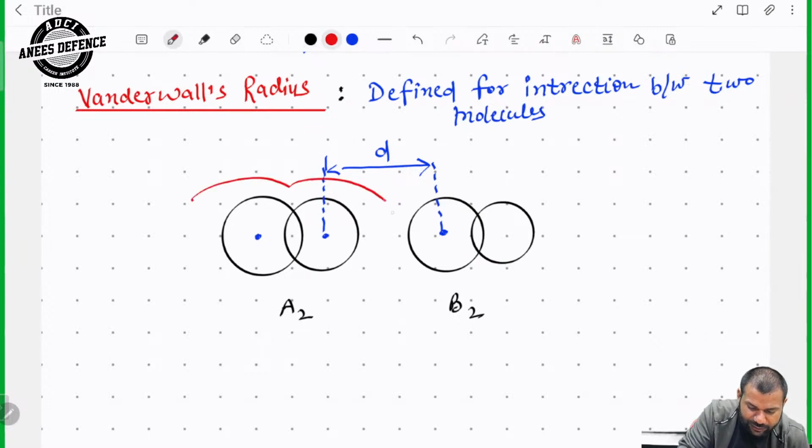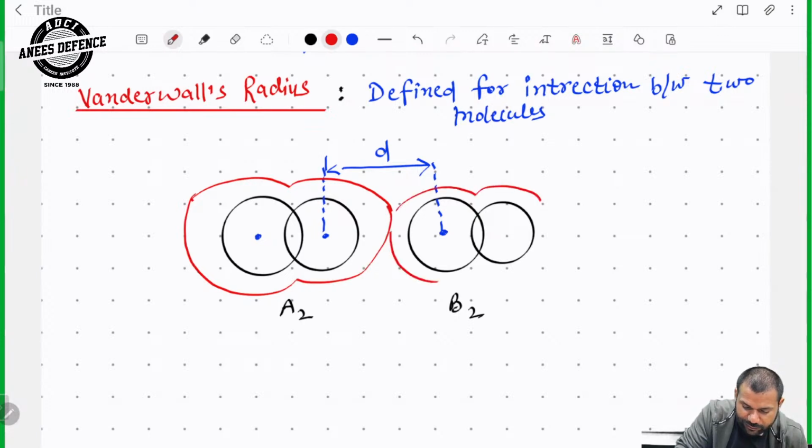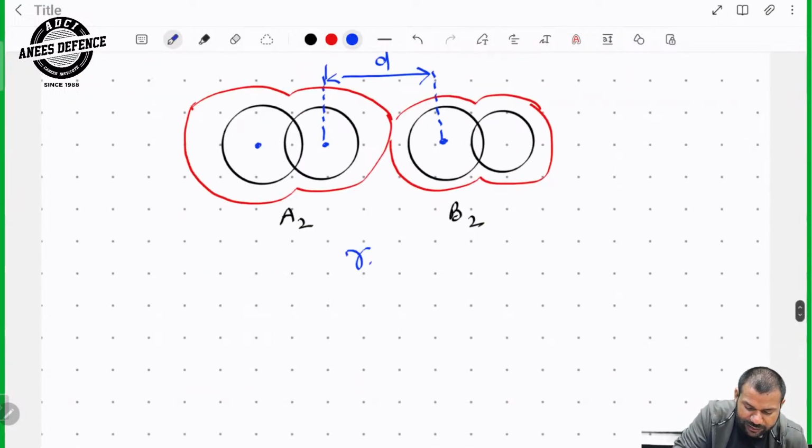There will be some interaction between them. So this distance between their centers is D, and R van der Waals will be D